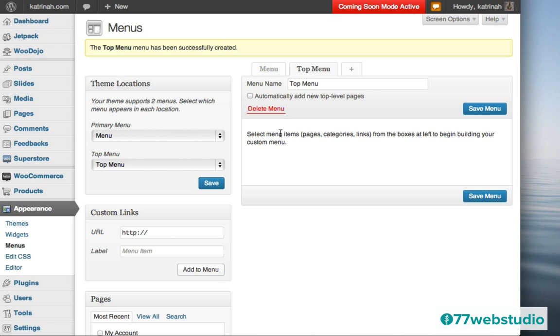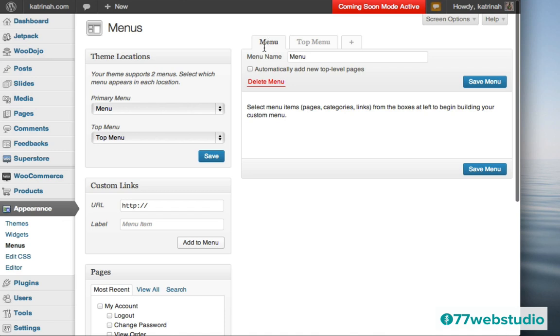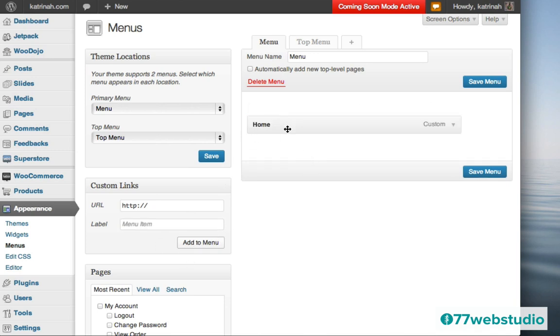So I would like to add in the top menu section, let's see, we have not created any pages yet, so I'm going to go directly to the actual menu. I'm going to click on menu, and we can at least add a few items to the main menu right here. So I want to add a link that says home. So this will be actually to the website homepage. So I'll just put the domain name there, and I'll call it home, and I'll click on add to menu, and then you'll see it pops up right there.